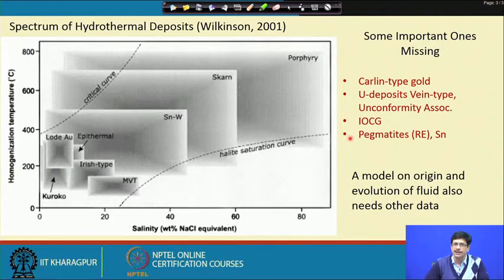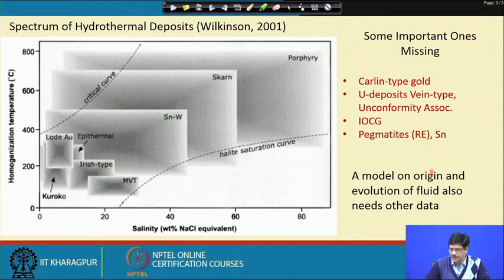Maybe 3-4 decades back, when there was not much sophisticated instrumentation available, such a fluid evolution model could be presented solely based on fluid inclusion data. But it is also important to substantiate, correlate or corroborate the fluid inclusion data from